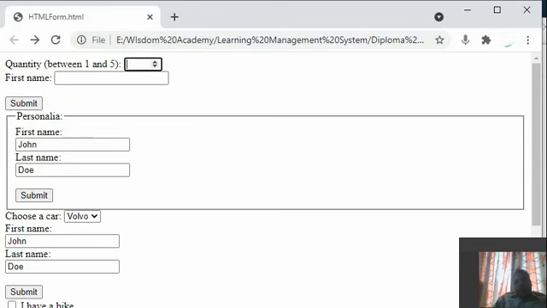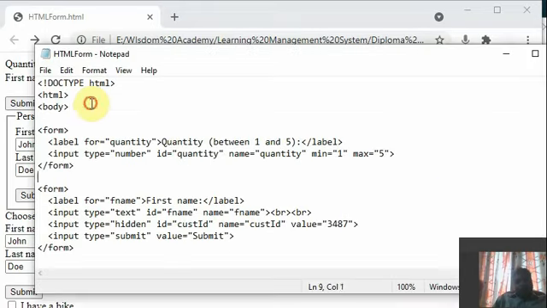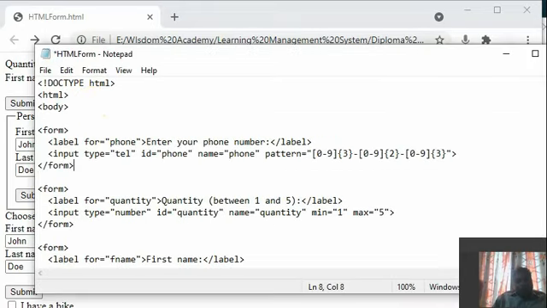Now I will show you some telephone. Okay, telephone number. If you are going to get the telephone number of a customer, the pattern should be 0 to 9 3 digits, 0 to 9 2 digits, 0 to 9 3 digits. So now if you see,